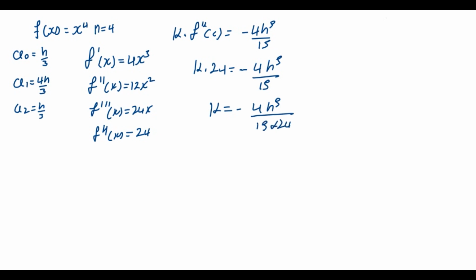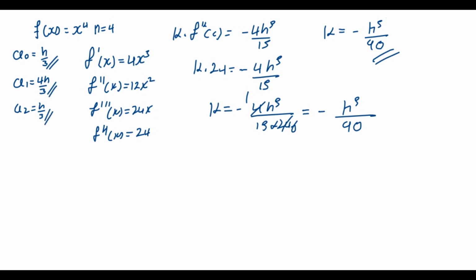minus 4 times h to the power 5 divided by 15 times 24. Okay, 4 into 4 is 1, 4 into 24 is 6, so that would be equal to minus h to the power 5 divided by 6 times 15 is 90. Okay, so k is simply equal to minus h to the power 5 over 90. We have everything that we need. We have the value of a naught, value of a sub 1, value of a sub 2, as well as the value of k. So we can now actually write our